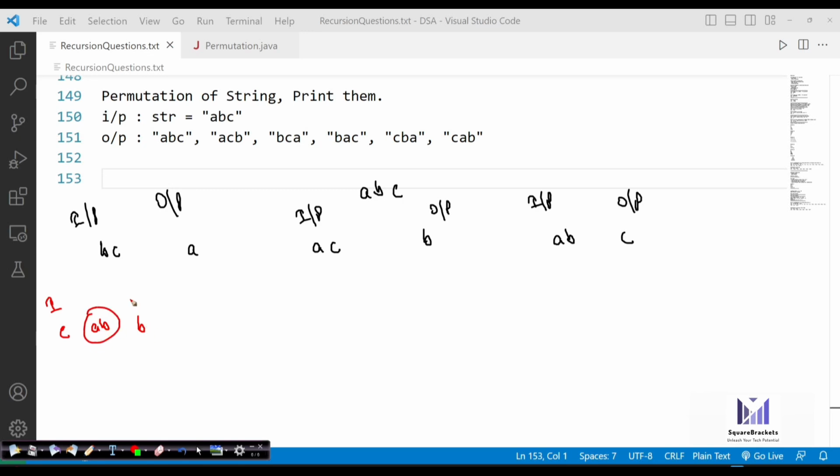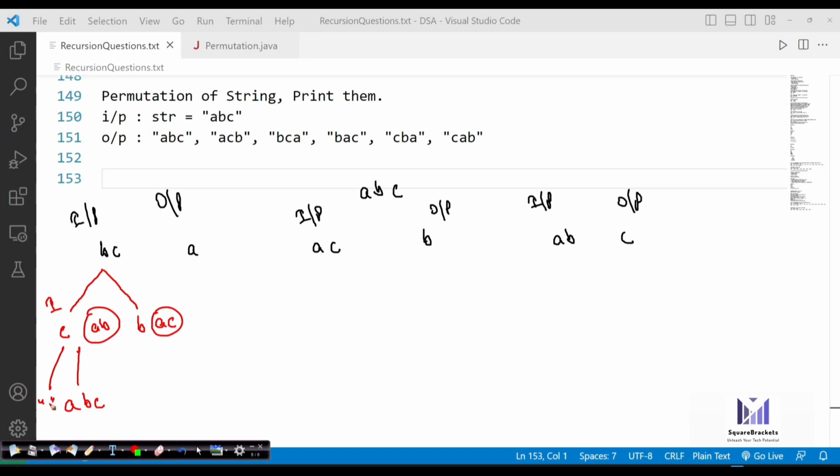Then we have this B, and for B, the output becomes A, C. I'm simply circling the output. So C and B become my new inputs. Now when you concatenate this, first it becomes ABC. Then we have to check whether we have to stop here, because once I go inside the input, it becomes empty.